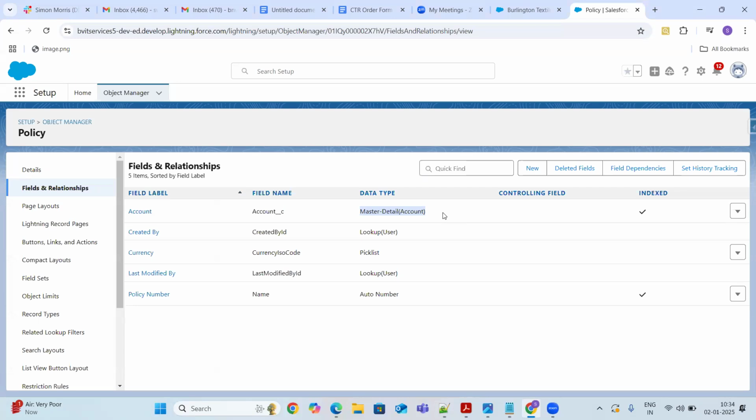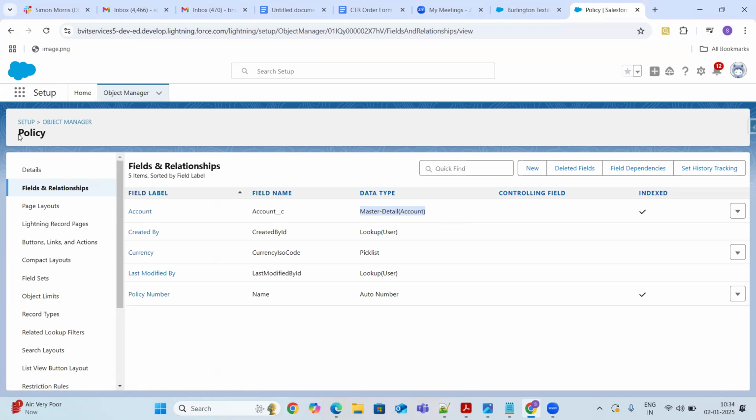So in that case, my policy object behaves like a junction object. There is no direct field that you can create for a many to many relationship between the two objects, like account and policy plans.